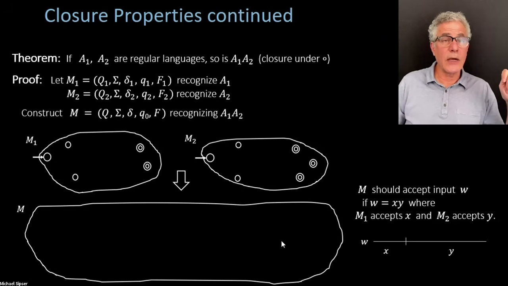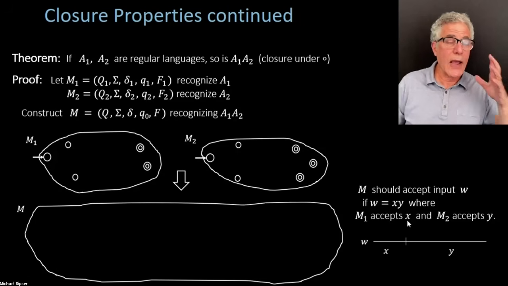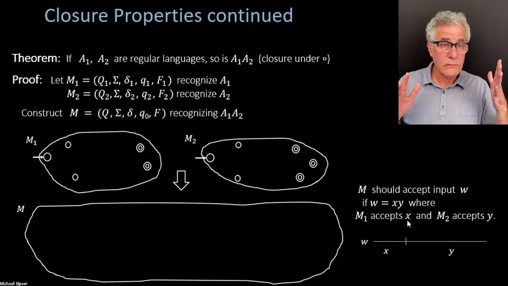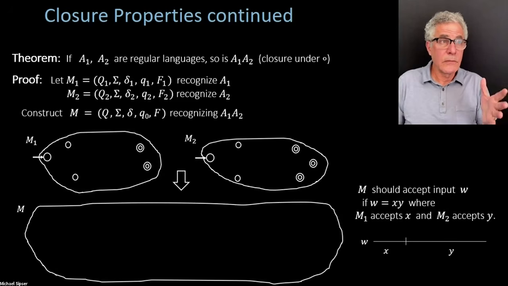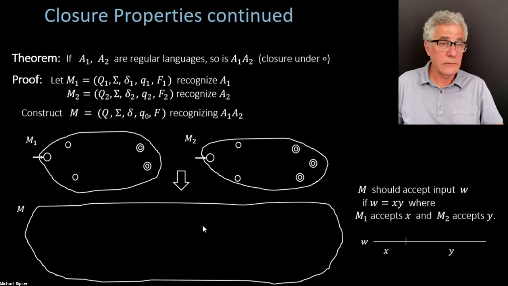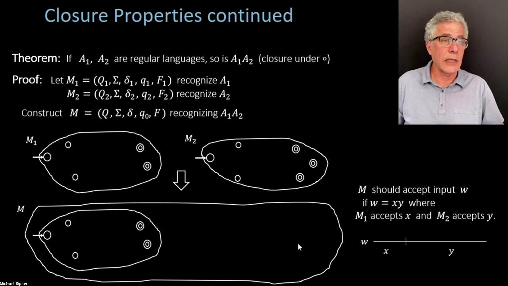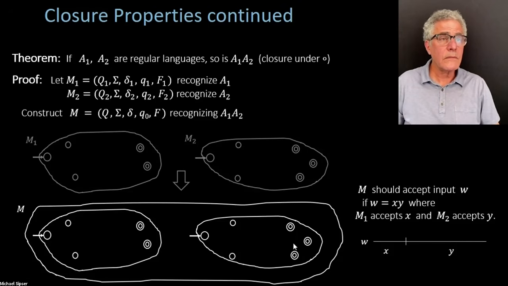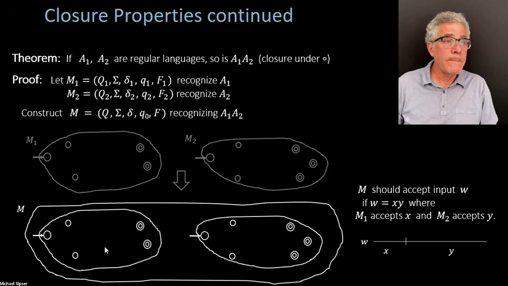Okay, and now we have to try to make a machine which is going to solve this intuition. So how would you do that yourself? They're giving you W, and you can simulate M1 and M2. So the natural thing is you're going to start out by simulating M1 for a while and then shift into simulating M2 for a while, because that's what is supposed to happen as you're processing the input. So I'm going to suggest it in terms of the diagram like this. So we have here M1 and M2 copied here.